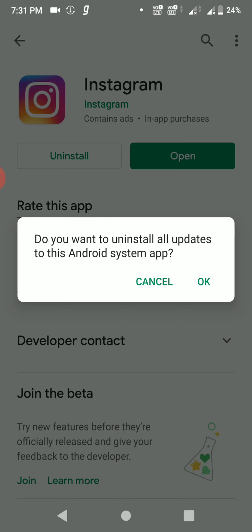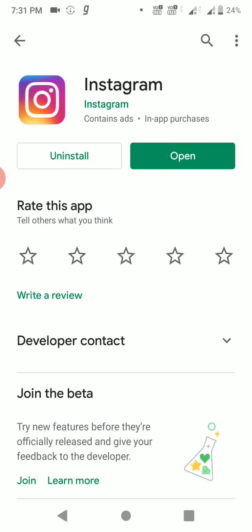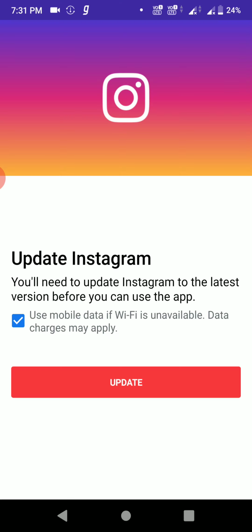For example, if I do uninstall, now if I open the app, it will ask me to update Instagram, and I will be on the same version that I was having the issues with from this suggested post.